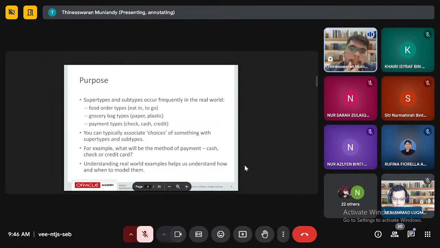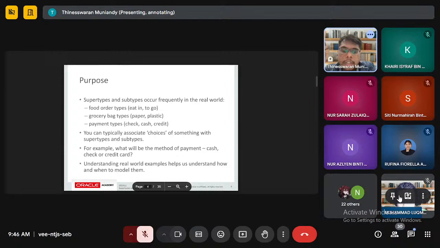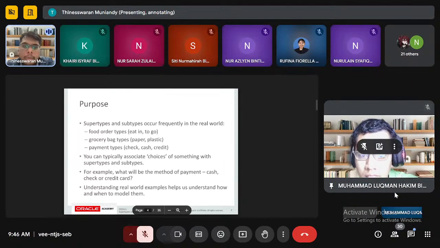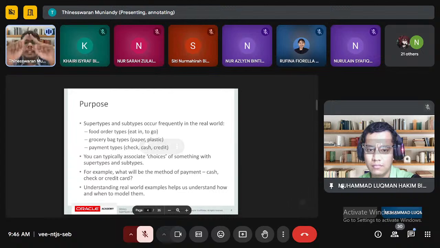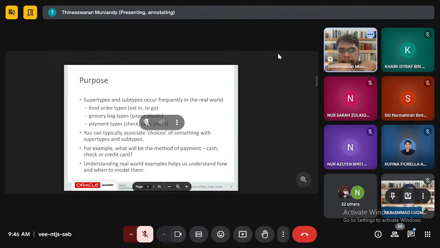For example, it has options: eating in, or you tapao, so you take away. If you go to the grocery shop, you have a paper or plastic bag, and payment type: check, cash, credit, e-wallet, and so on. If you see this, it will be in the same entity, but different